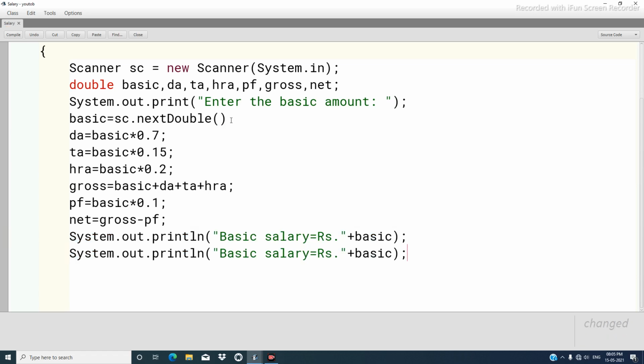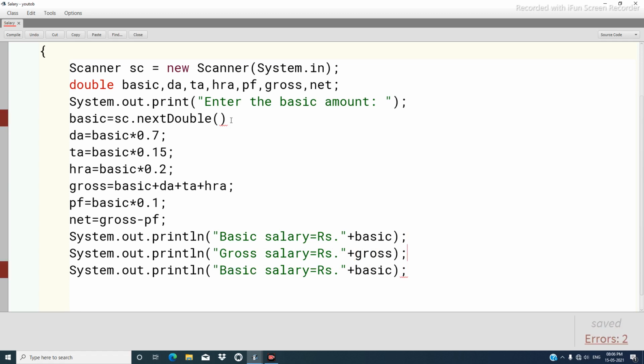Copy this. The next will be gross salary is equal to gross, and net salary will be equal to net.